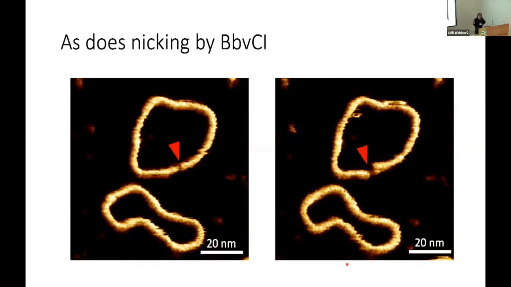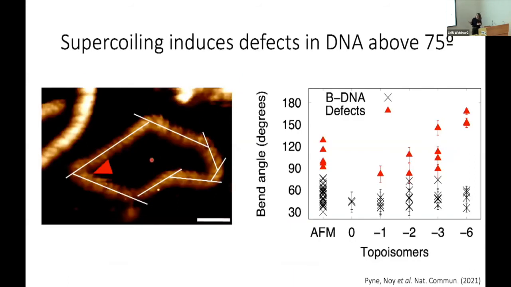And in case you don't think we can see them, we did a control where we just nicked with a BbvCI, and you can see a nice little single-stranded break. So we were able to see these, but these look very different to supercoiling induced kinks. Because at supercoiling induced kinks, what you can see is these are all happening at areas of high bending stress. So if you imagine snapping your ruler and you look away and then at some point it snaps, that's what's happening here. We're stretching the DNA beyond its tolerance, we're bending the DNA beyond its tolerance, and we're seeing the